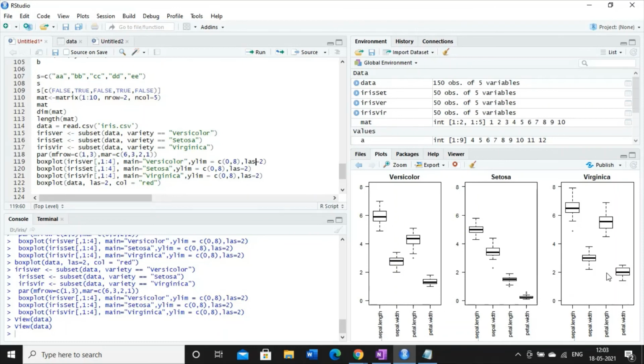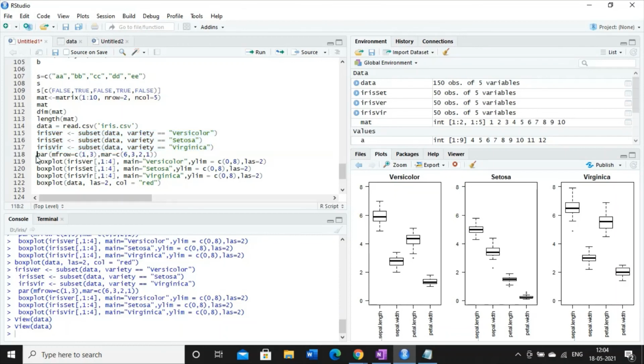So for this kind of combinational plot, you have to remember, first we have to read the data and store it in an object, and then we will define three variables in which we apply the subset function so that these variables can hold the different varieties or species as subsets.